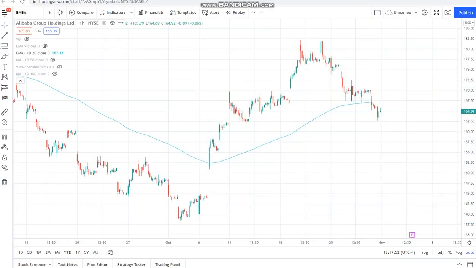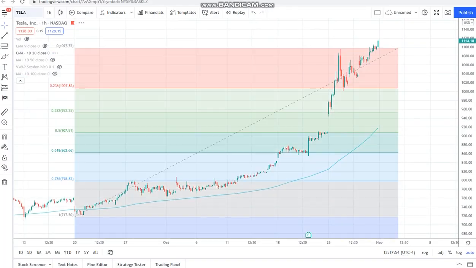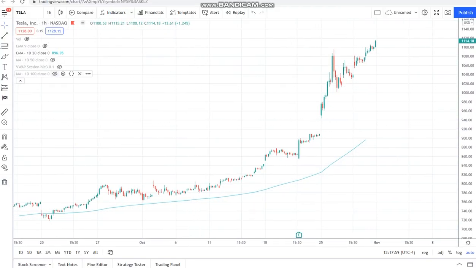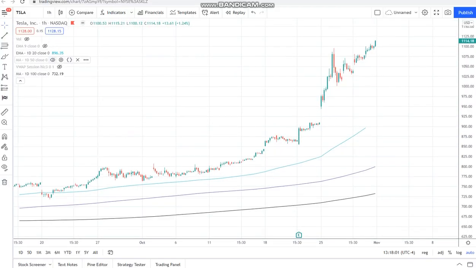So, for example, Tesla. Let's take a look at Tesla. You can see that for Tesla, if I insert all three lines, since literally September, it is telling us this is a very